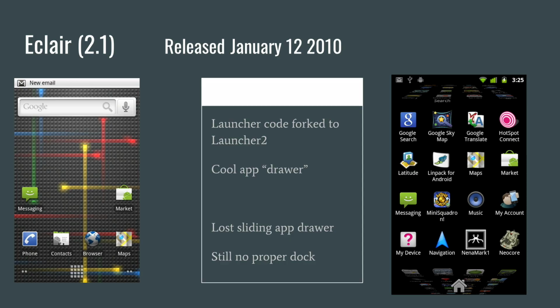Eclair was a big milestone, Eclair 2.1. With 2.0, the launcher was basically the same. With 2.1, we had this new thing. They had forked the original launcher code into what they called Launcher 2. They had this app drawer with, if you remember, the conveyor belt effect where the apps kind of went off in the distance. And this was done using RenderScript, and RenderScript at that time had an actual rendering component,